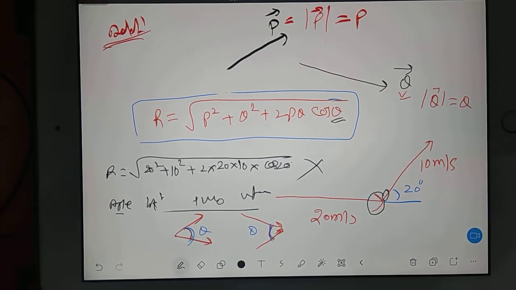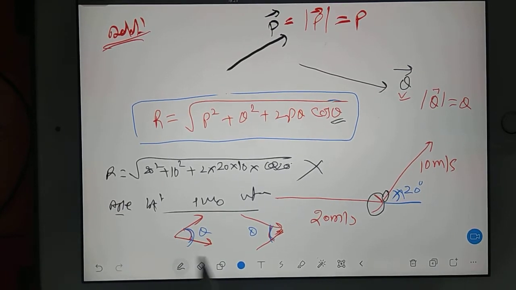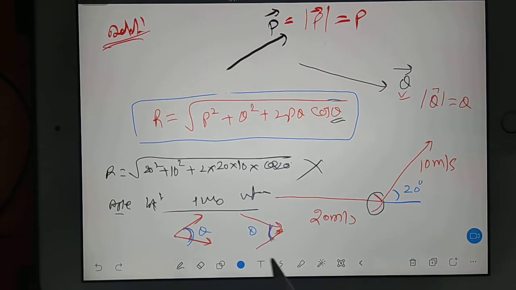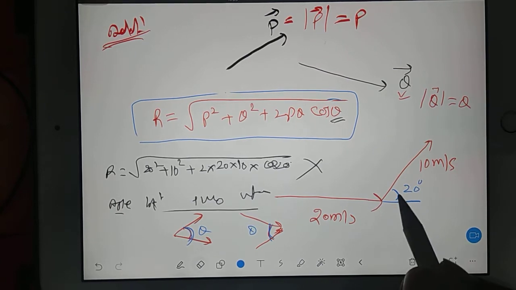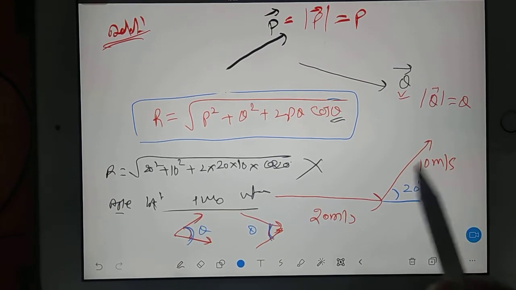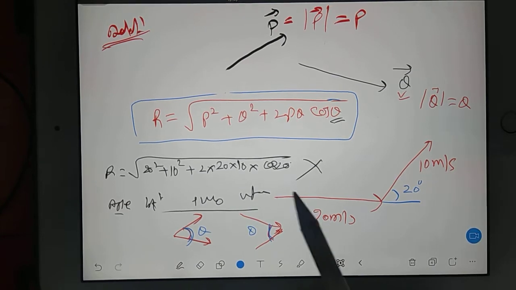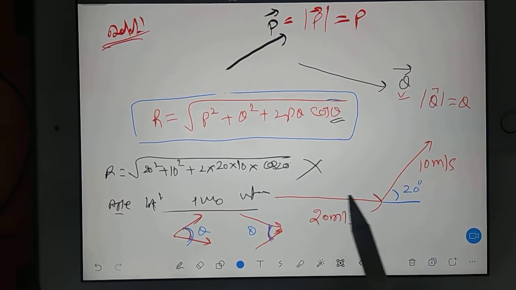So what will you do? It means this is not the right answer. So what is the right answer? For that purpose, I will show you here. Actually, I have a facility in this Zoom app, and I will use that facility. You do one thing: either you match head and head of both the vectors, or you match tail and tail of both the vectors. So see, I am matching.